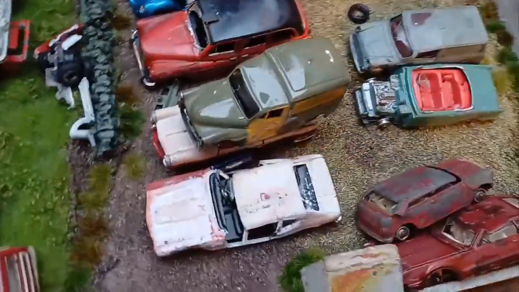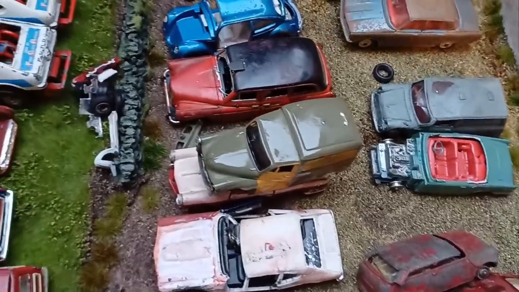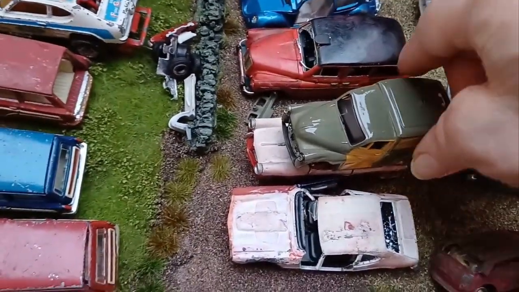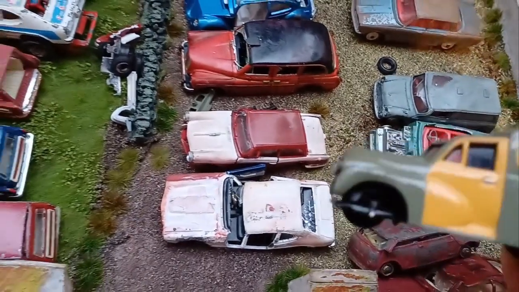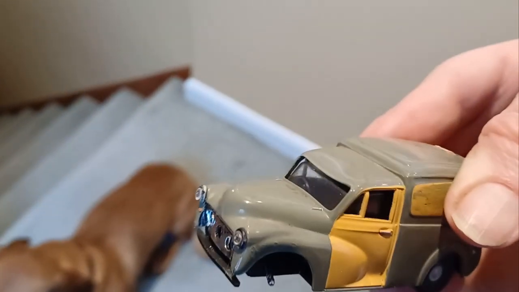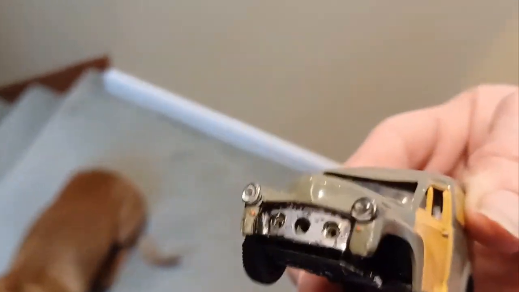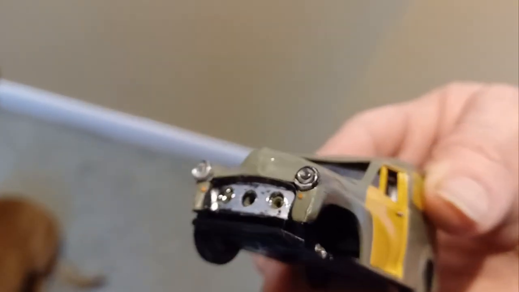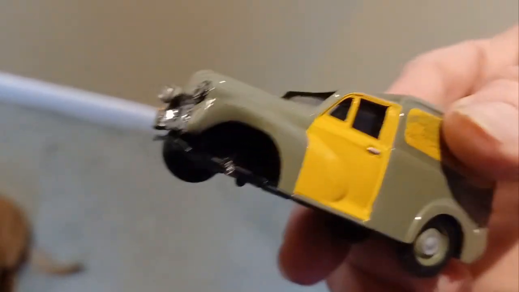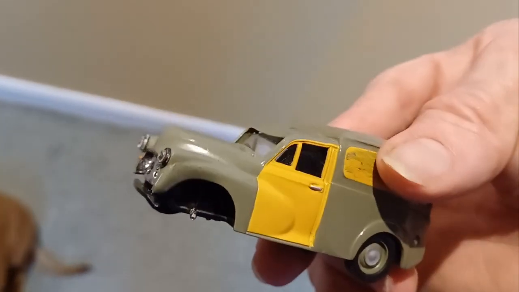Okay, well here we are, back at the scrapyard, and I'll show you what we've done. We've damaged some vehicles with varying degrees of success. I think this one was a success. The Morris Minor van was quite a success, I think, because yeah, the bumper and the grill's gone, that's good. It also needs a bit of paint to make it look a bit more tidy, but yeah,